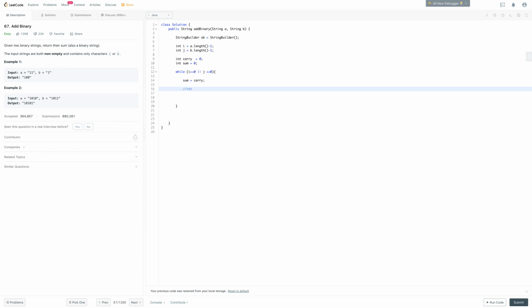So if int i is greater than or equal to 0, we're going to add it to our sum. We can't be sure that i is greater than or equal to 0, because this loop is going to be true whether i or j are. So we're just going to have to do a quick check. We're going to add to our sum